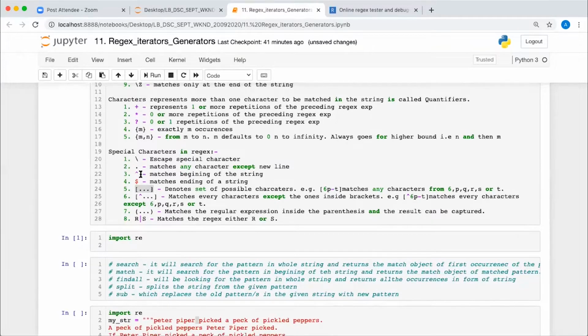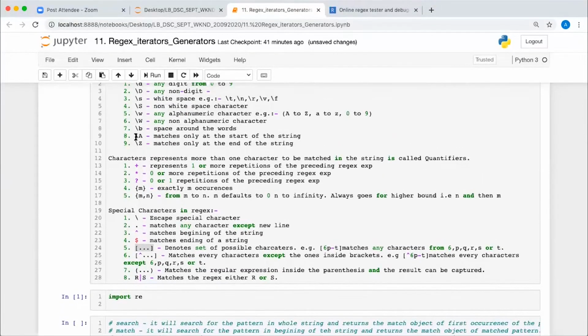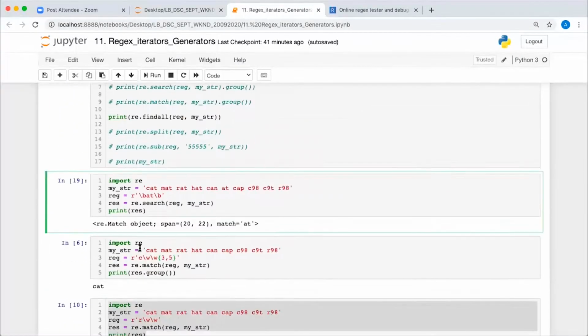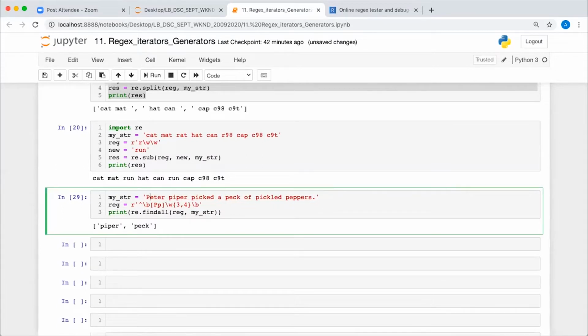Then we have this. If you write this caret at the beginning, see, for matching something at the beginning, you have 3 things: one is \A, one is this caret sign, and one is the match method. To match something at the end, you have 2 things: one is \Z and one is this dollar sign. Any one of them you can use. So you have to write this caret at the beginning of the regular expression to match this pattern only at the beginning of the string. If I write this caret here and remove the rest, it will match only Peter. Why? Because I have told it to match this only at the beginning.